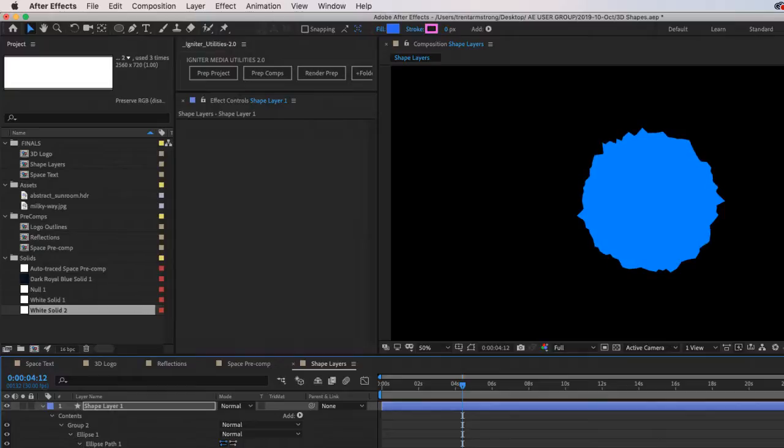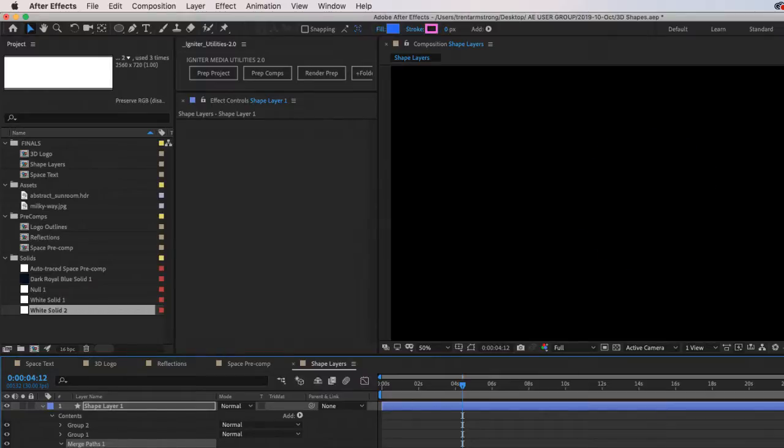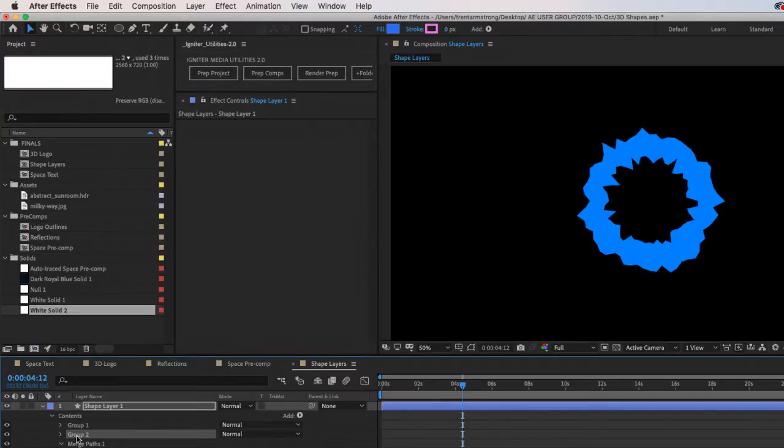It's the ellipse size. Like that, and then we'll do a merge paths. Subtract. Like that. Now I've got something like that. If you're doing a ringworm video, you can do that.